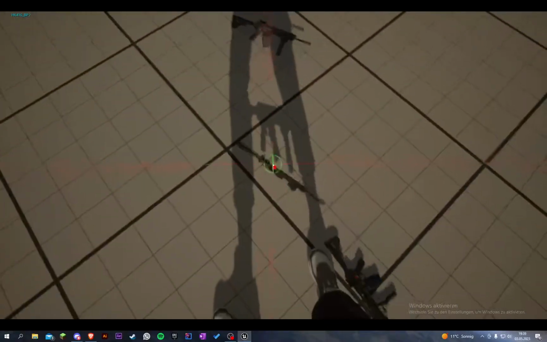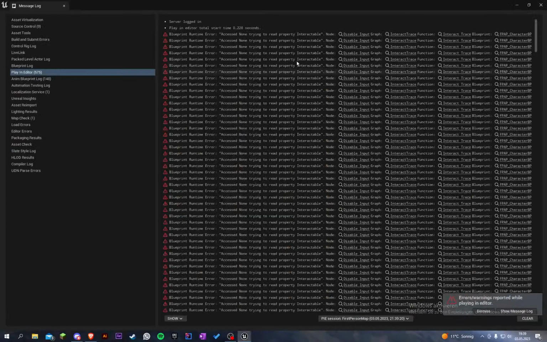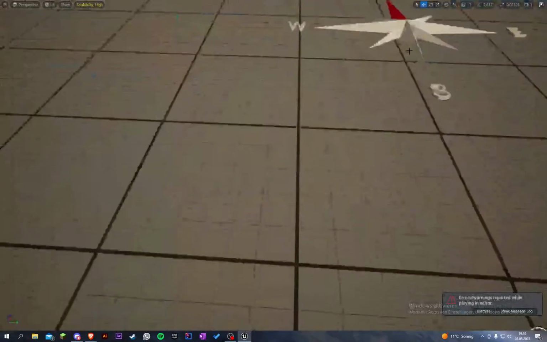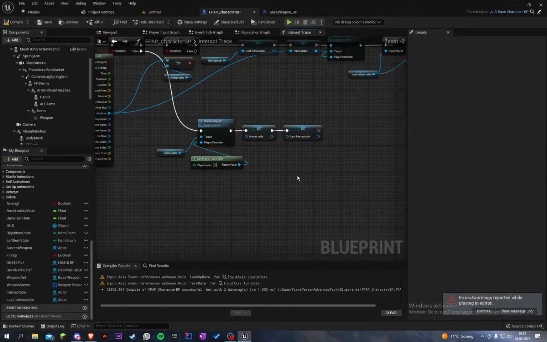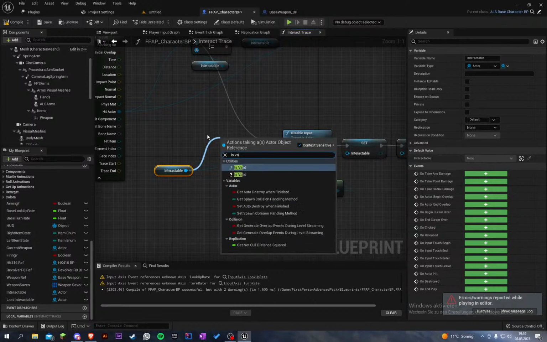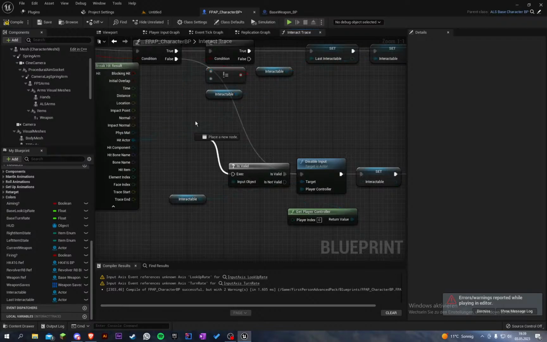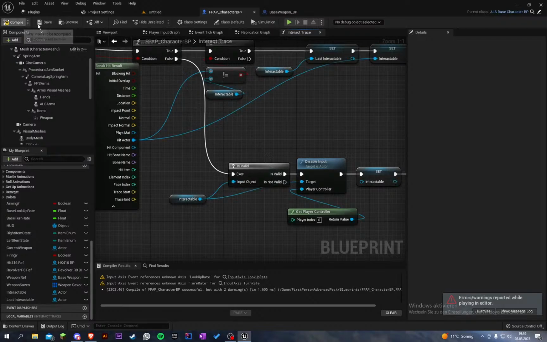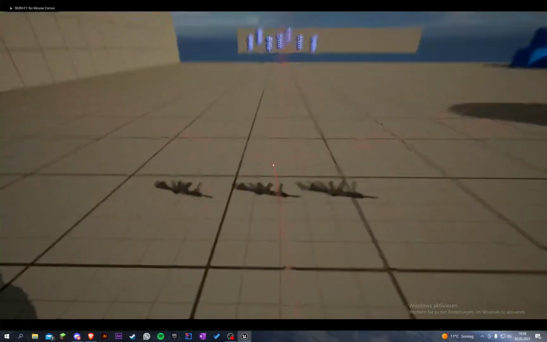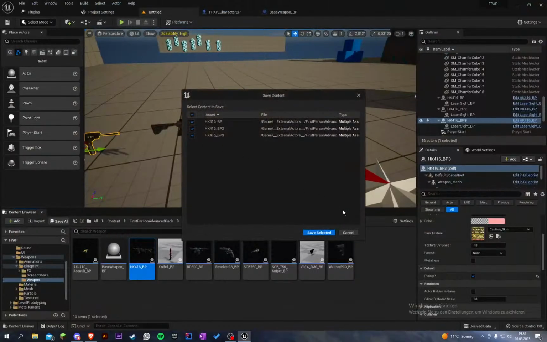So now it's not working, and let's fix the, because yeah, we have to do a little check here. Is valid, and when it's valid, so compile, save, and now we don't get any errors anymore. And let's